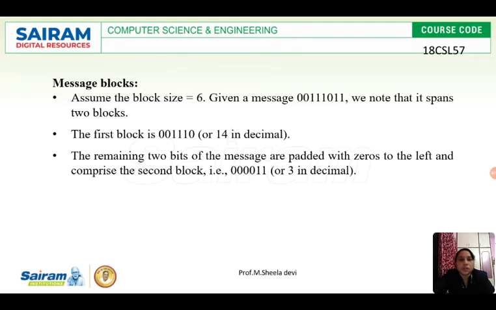So we have to take one among these. I am taking the first block, that is 0 0 1 1 1 1 0, whose decimal equivalent is 14. We have to consider this 14 as m now. With this m, I will be calculating. I have to encrypt this m and send it through the transmission medium, and the receiver should decrypt the data and get back the data.